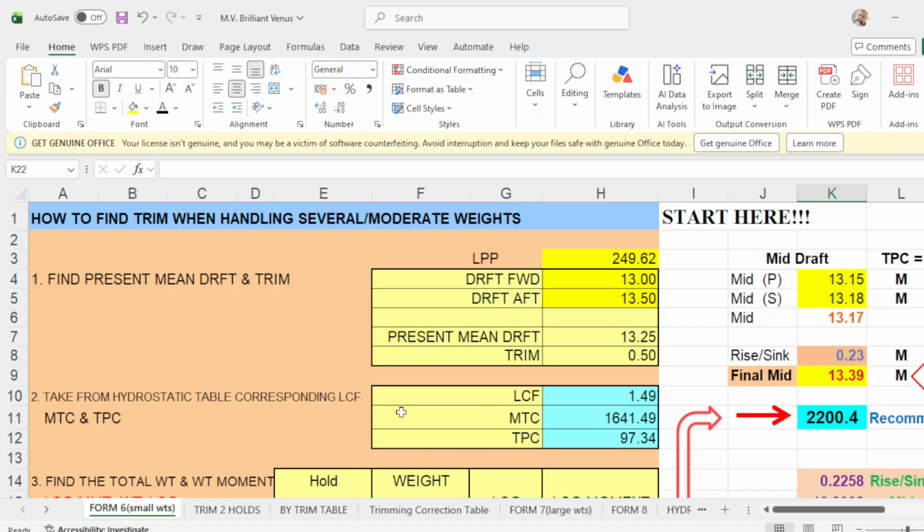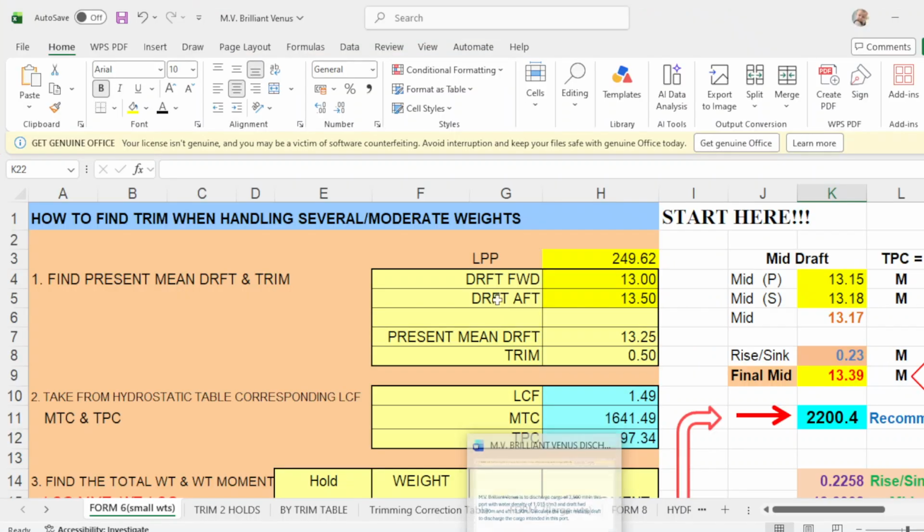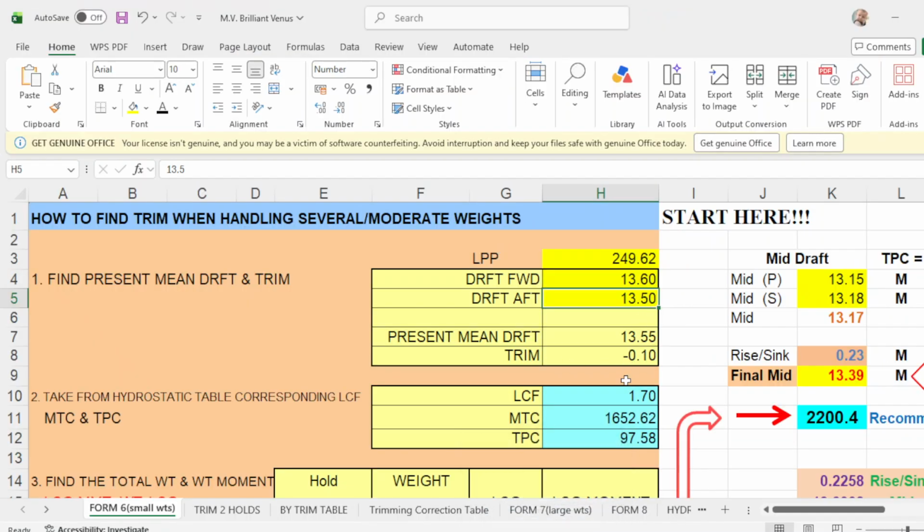The present draft forward is 13.60, so put 13.60 here, and the draft aft is 13.90. So the mean draft will be 13.75. Trim will be 30 centimeters. The LCF, MTC, and TPC.